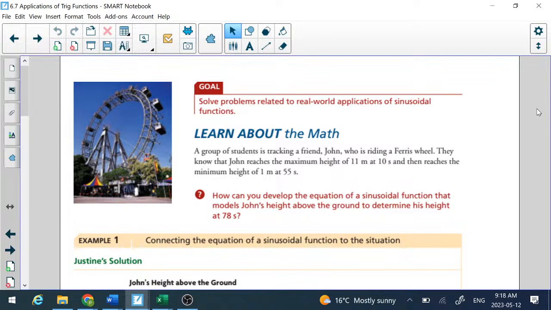So if that's the max and that's the min, what's the period? You said 90? Why do you say 90? At the maximum 10 seconds. Yeah. And then at the minimum 55 seconds. So the difference between that is 45 seconds, and that's what fraction of the period? That's half the period, so the full period would be twice that, so 90 seconds. Does everybody get that? All right, now